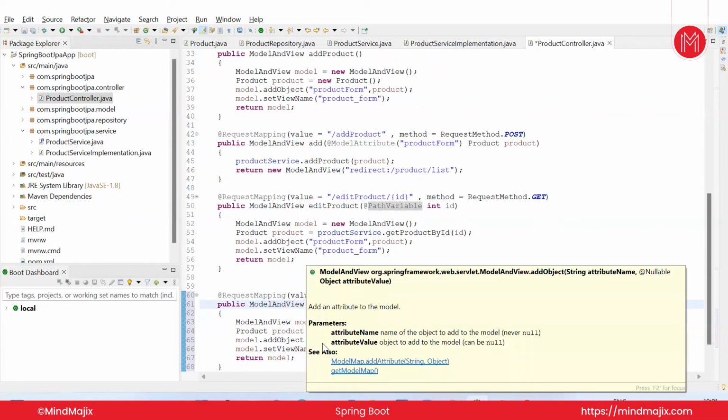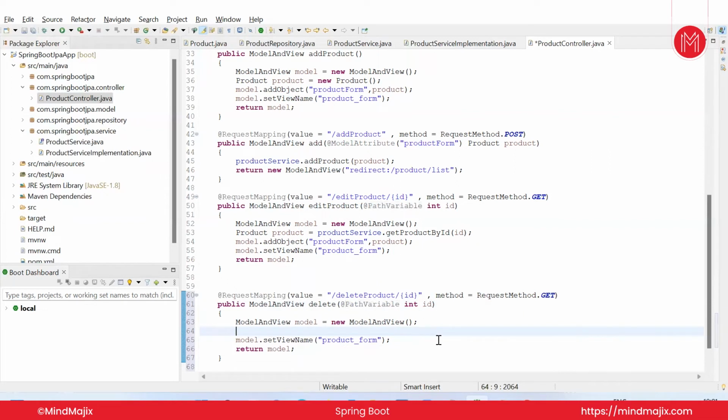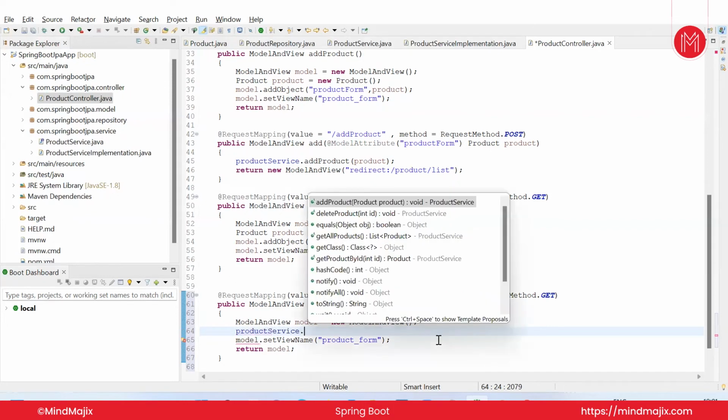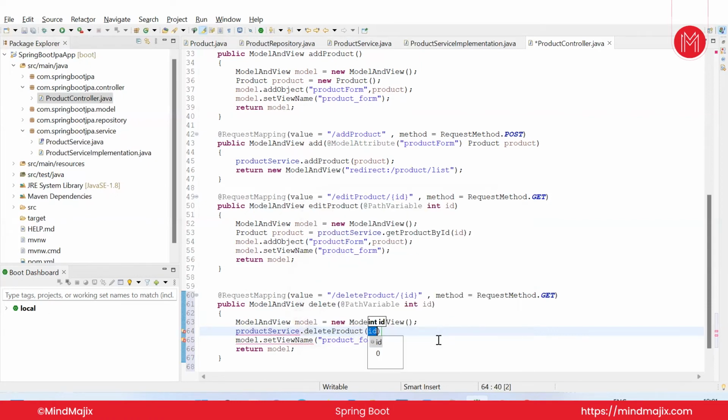And here we are not working on any update, right? So that's the reason I'm just trying to remove all these things, and simply I'm just trying to call productService. Okay, productService dot, we need to call the method that is delete product based on some ID actually. Okay, delete product based on some ID. And after that, we need to return,